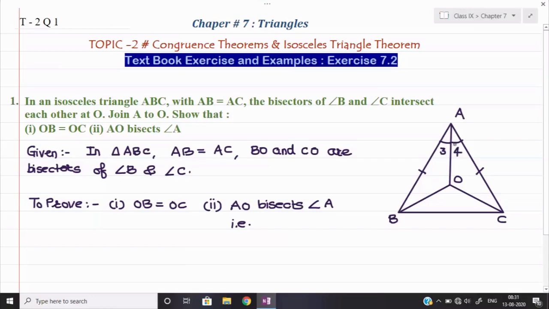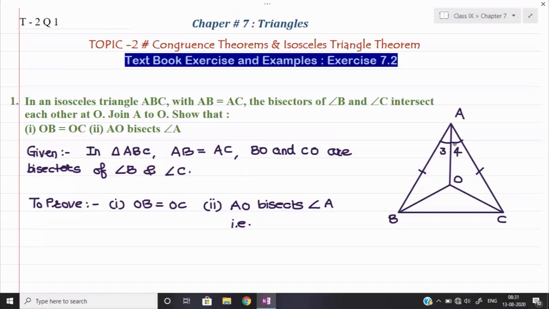Angle 1 and 2 I am giving to some other angles. So suppose this 3 and 4 I am talking about as the two parts of angle A. Observe, angle 3 is one part of angle A and angle 4 is also another part of angle A. So only these two parts I have made up till now, because line AO is dividing the angle A into two parts.